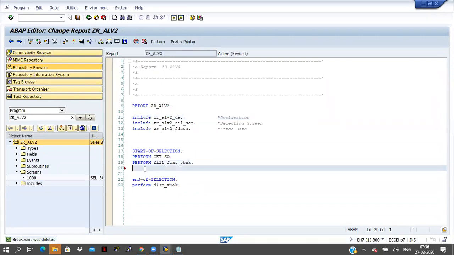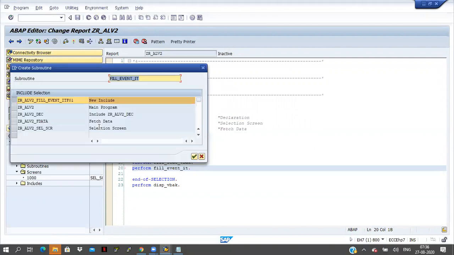So perform. What is the form name? Fill_event_IT. Okay, fill event IT. Double click on it. Click on the yes button. Select fetch data.